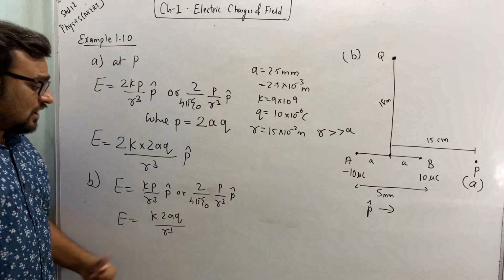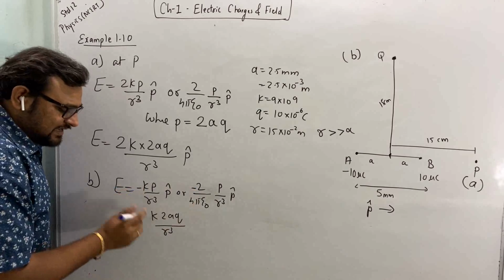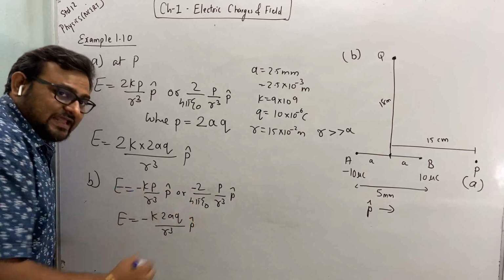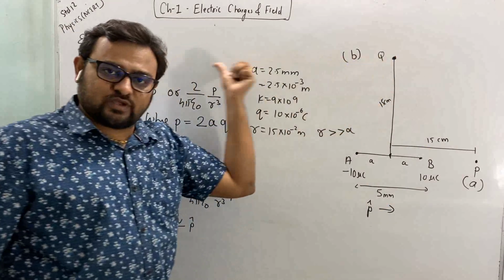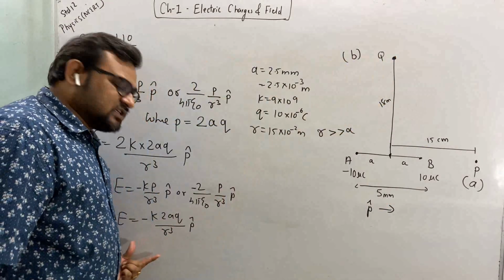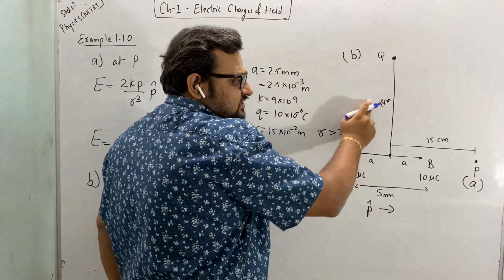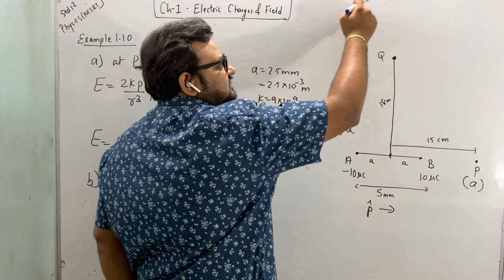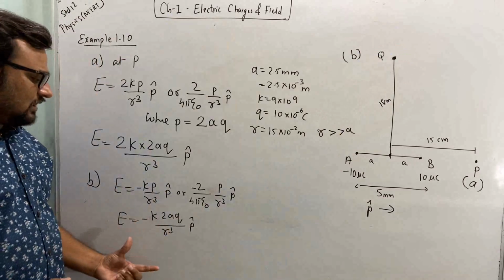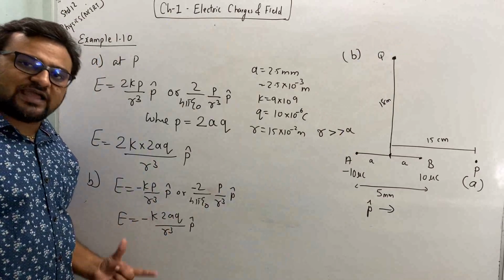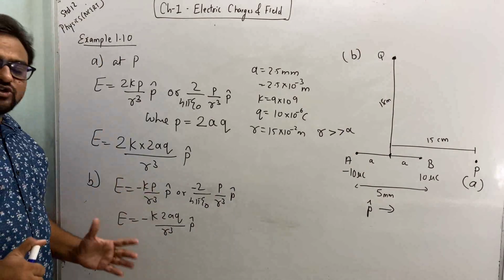And again, now the formula has a minus. In this formula at the equator it's minus, so the direction will be opposite to the dipole moment, it will be in this way. If you don't want to use this formula, you can find out the electric field due to the negative charge in this direction and the electric field due to the positive charge in this direction, and take the vector sum. But since we have the simple formula, just put the values in it and find the answer. So this was about question number 10. Just go through it and solve it.